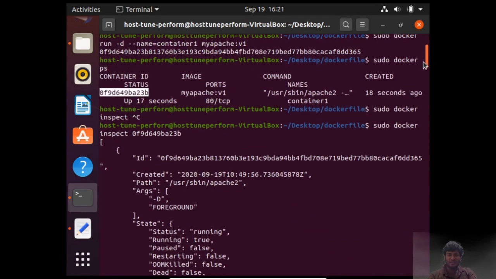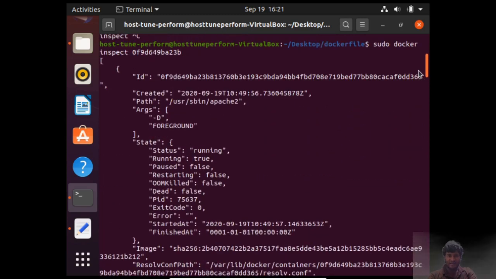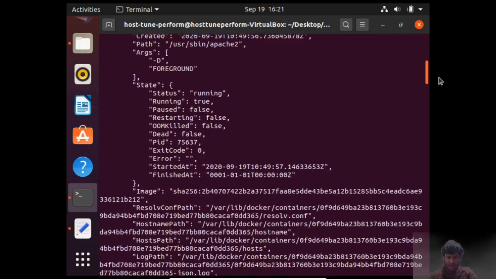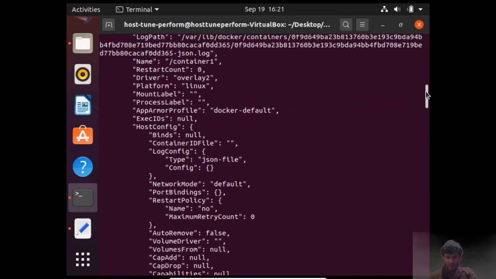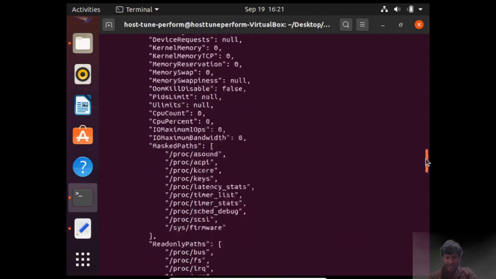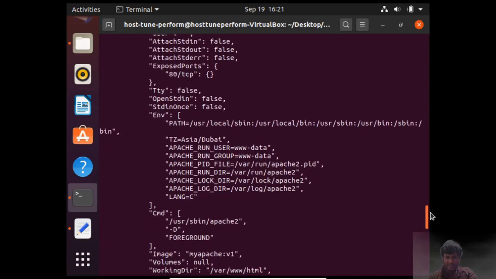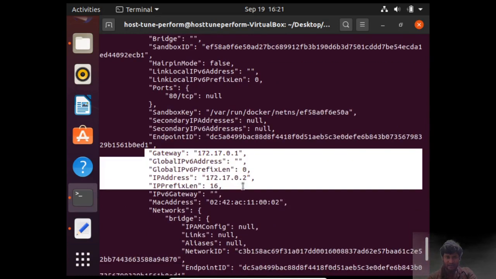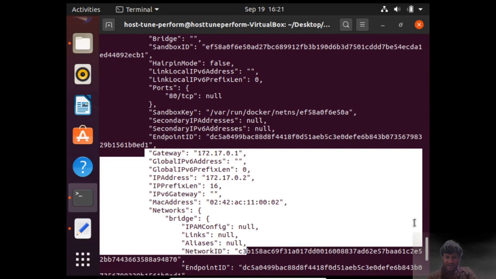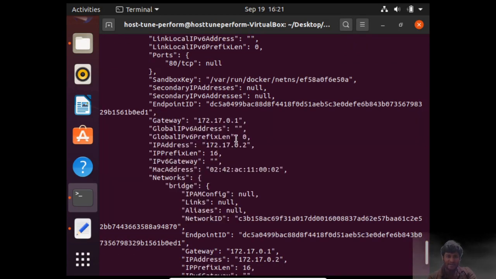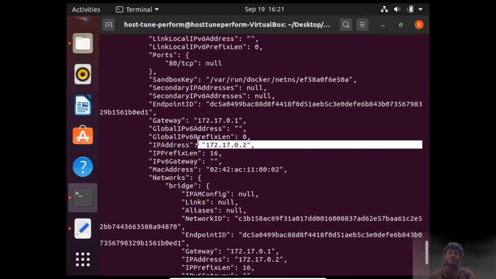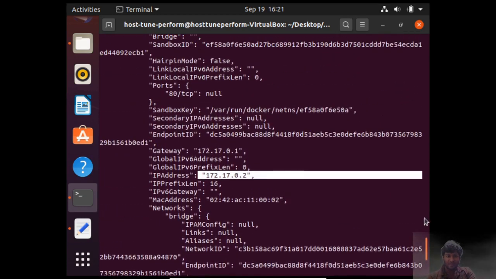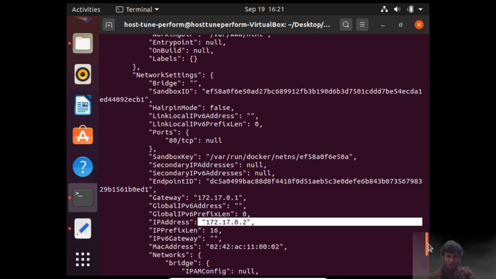So we have this container running, and this container has a name of container 1, and this has an IP address. We can find the IP address in this section. You can see over here, this is a section in which we can find the IP address, and the IP address of this particular container is 172.17.0.2. So you can see that you will be getting all the information.